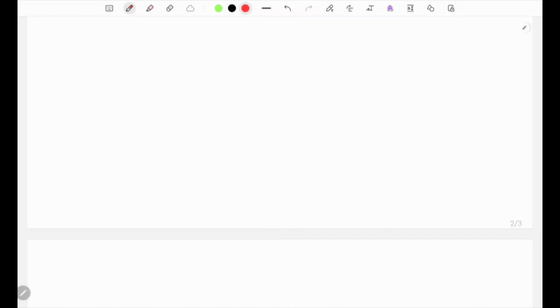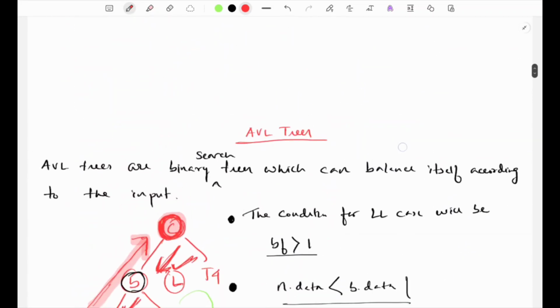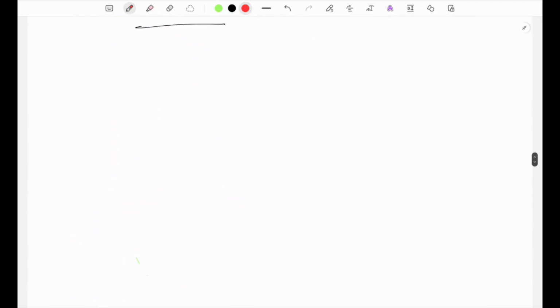So hey guys, yesterday I talked about the LL case. Today I'll be talking about the RR case. This one was the LL case, and today I will talk about the RR case. So for understanding the RR case,